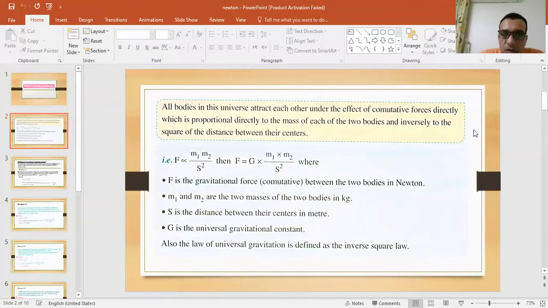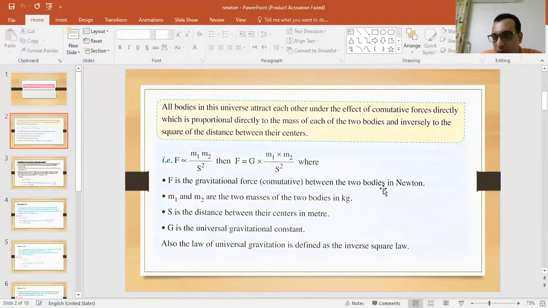Firstly, we know that all bodies in this universe attract each other under the effect of a force directly proportional to the mass of each of the two bodies and inversely proportional to the square of the distance between their centers, i.e. a force proportional to m1 multiplied by m2 over s squared. Then F equals a constant denoted by G multiplied by M1 multiplied by M2 over S squared,